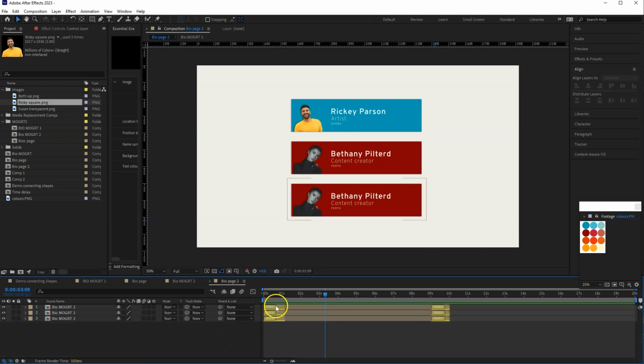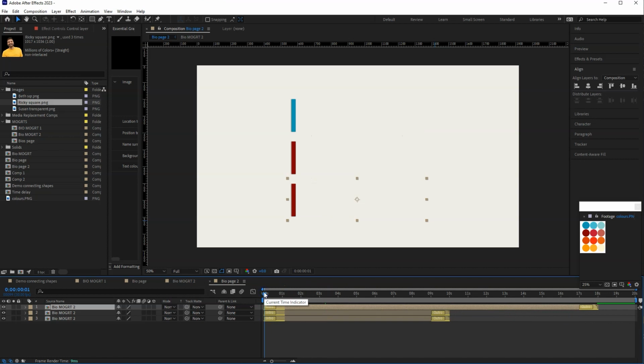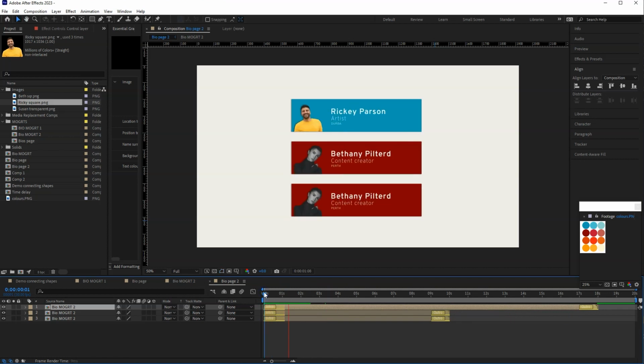Something I wanted to point out as well is you see these yellow highlighted bits, and those are responsive areas. If I make this like 17 seconds, I can drag it out to 17 seconds. The intro and the outro will remain the same length of time. So if it's 1 second, it'll remain 1 second. So it doesn't stretch or compress as you adjust this time. But it also allows you to edit that comp as long or as short as you want it to be,